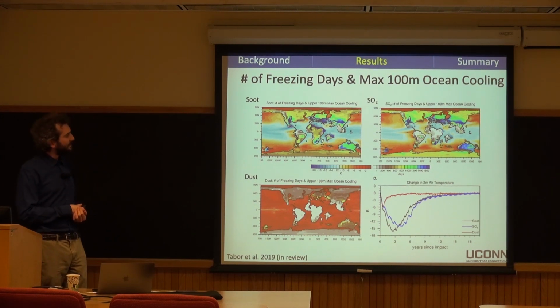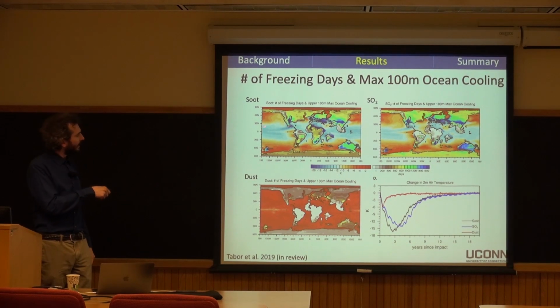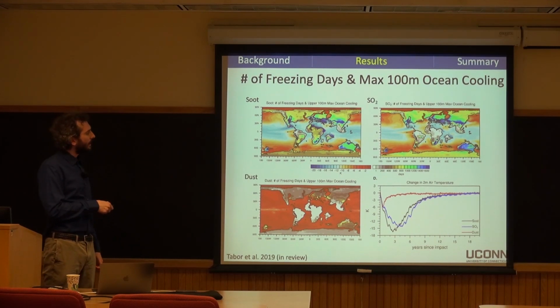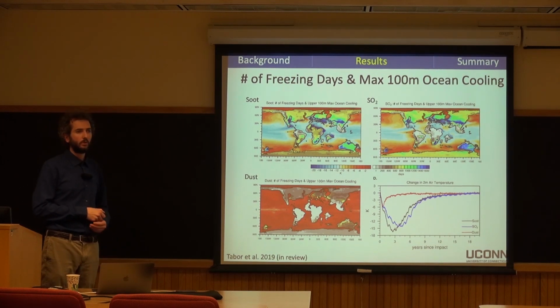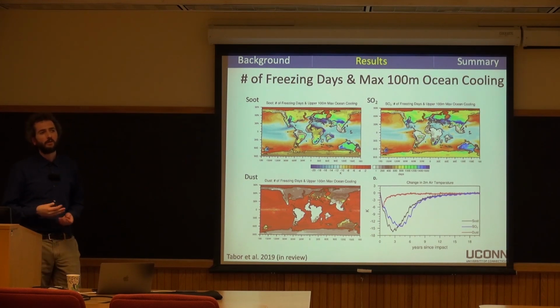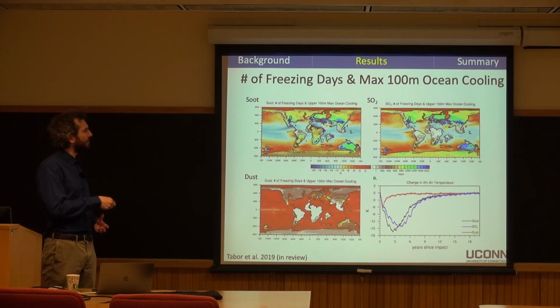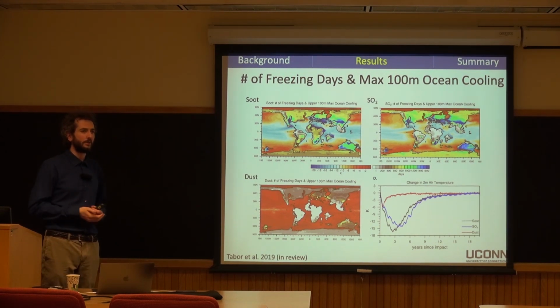No, fortunately not. In these simulations, the high latitude regions around here stay above freezing, so you don't even get sea ice formation there. Only in the shallow seas is it able to cool quickly enough to extend the sea ice. And I should mention that the Arctic is fairly restricted at this time period, so you already have some seasonal sea ice in there before the impact event occurs. Part of the reason you're not getting any additional cooling there is you're already at freezing, so you're only getting a degree or two cooler.